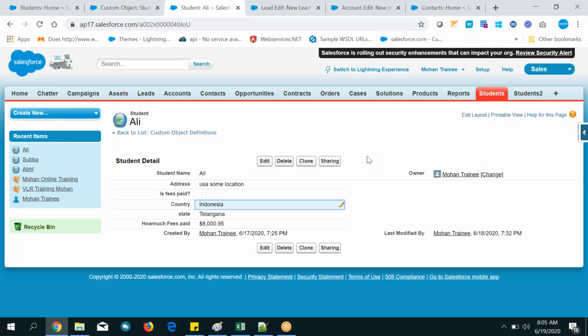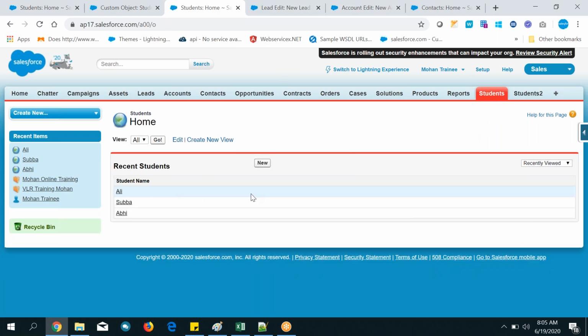Thanks. I have one question. If we want to edit all the records at once, to update some field which is common for all the records, is it possible? Yeah, it is possible. You can edit, no problem. That is a separate feature, so you need to enable it. Once you enable that feature, you can do it. That comes under another separate topic. Here you can just put the field in, so here itself you can do it.